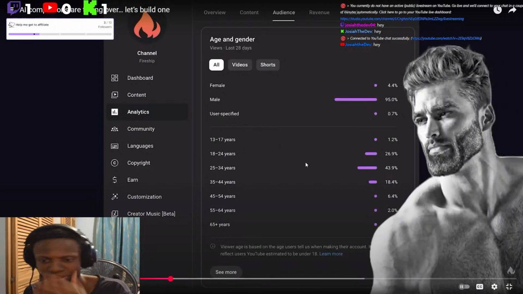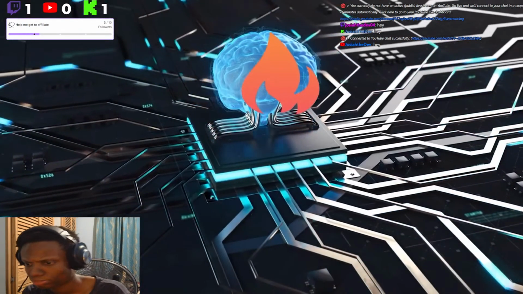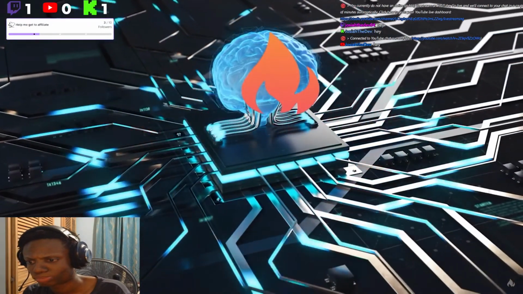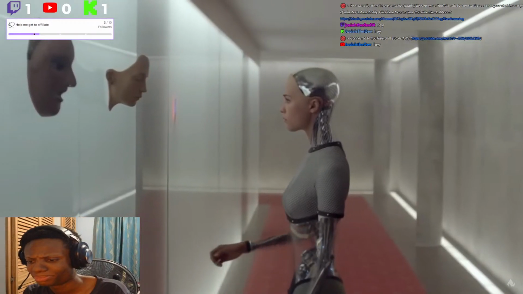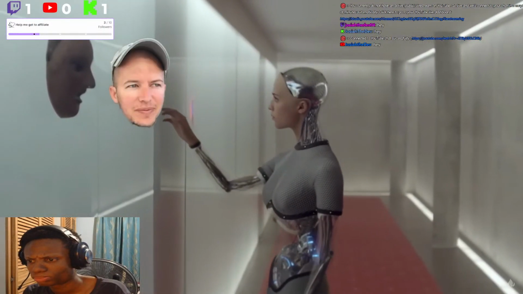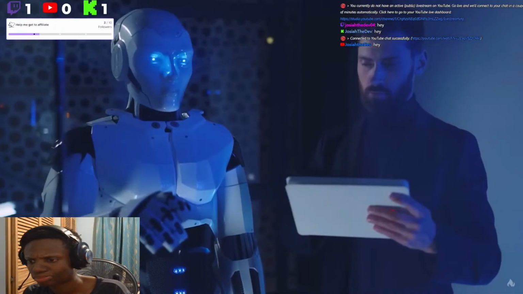Please. Alpha males, I don't want you to feel left out. So now, let's build your own Fireship bot to fill that void in your soul with more JavaScript and less gooning. Like I learned from Ex Machina, the best way to build a bot is to try and make it as human as possible, and the best way to do that is to give it a purpose.